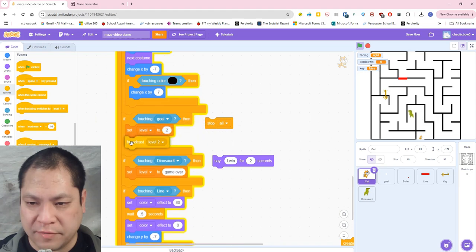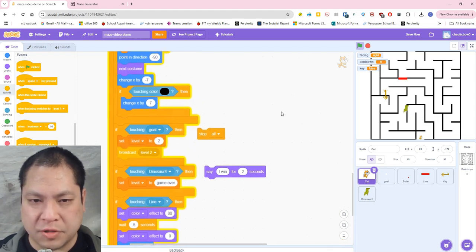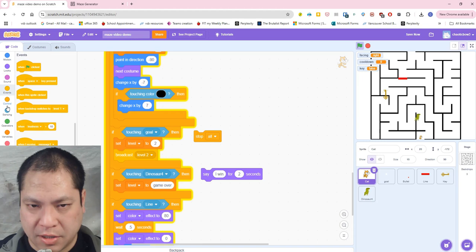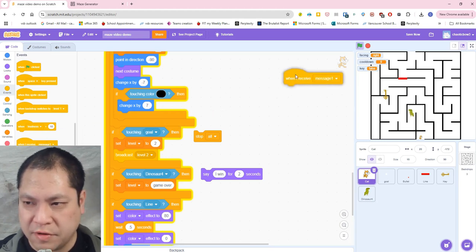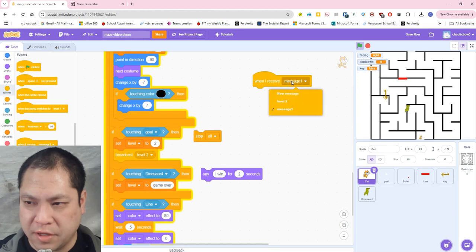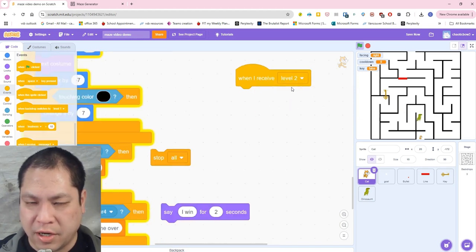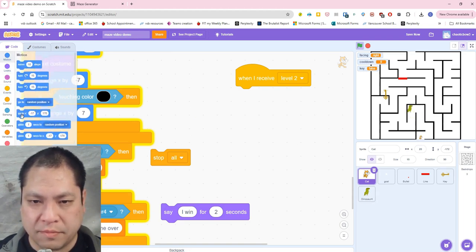Then I'm going to get a new thing here from my events, when I receive level 2. I want to move to this position, so get the motion, go to XY,